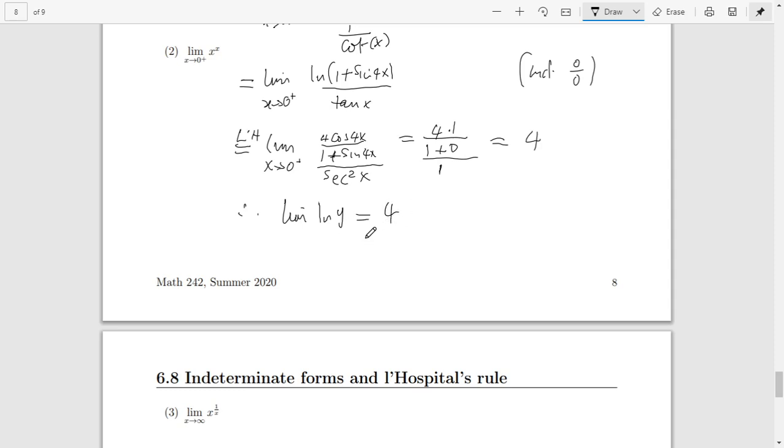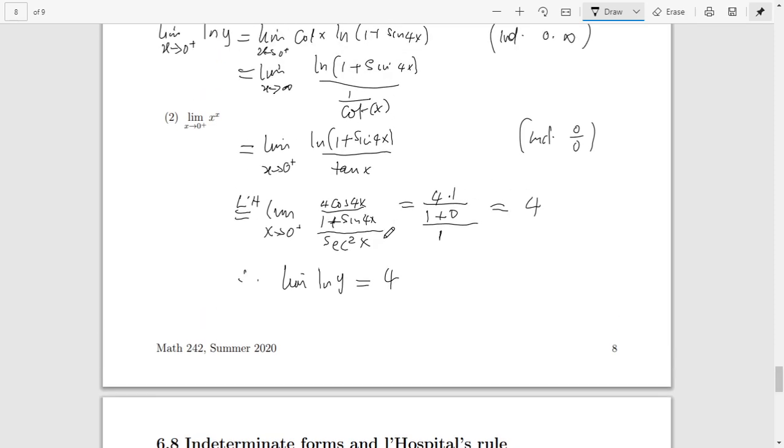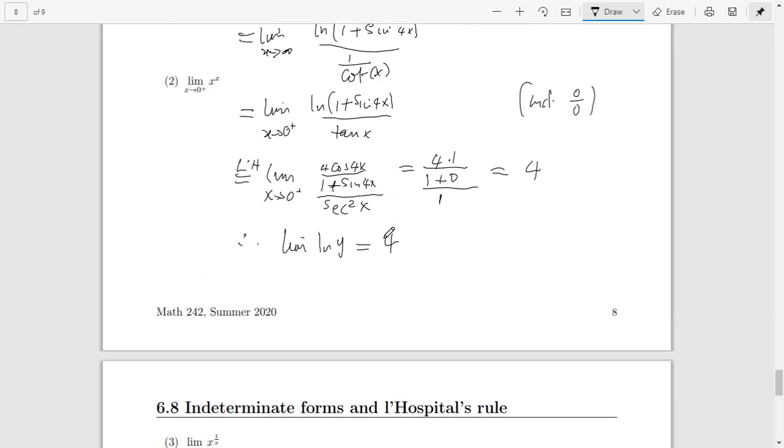But I'm not really looking for the limit of the natural log of y. I'm looking for the limit of y. So how do I do this? Well, I just have to recall one thing. If I want to find the limit of y itself, I'll just take the exponential of both sides. For me to find my y, I will exponentiate both sides. So I'm going to have the exponential of the limit as x tends to 0 plus of the natural log of y